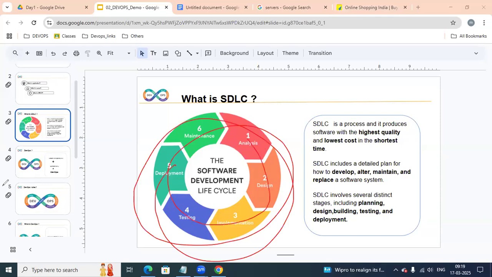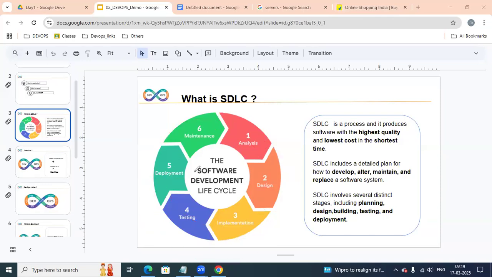This entire process we call the software development lifecycle. Clear? Understood? But in SDLC, if you are a software engineer, directly or indirectly, you are part of the SDLC process.